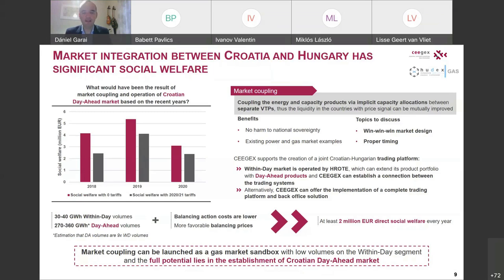We presented this idea for the Croatian and Hungarian market, but of course it can be introduced in any neighboring countries and markets. Hopefully news will come on this idea in the future as well. I would say that the kind of marriage proposal was made on our side, and now we are expecting some answer from the other parties, and we would be very happy to help this market development